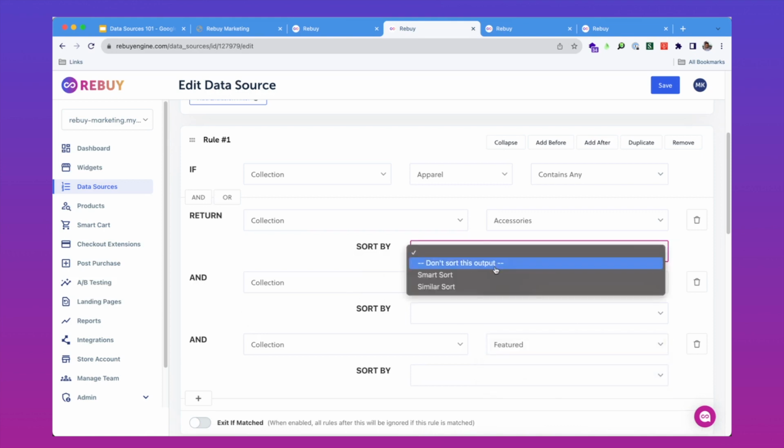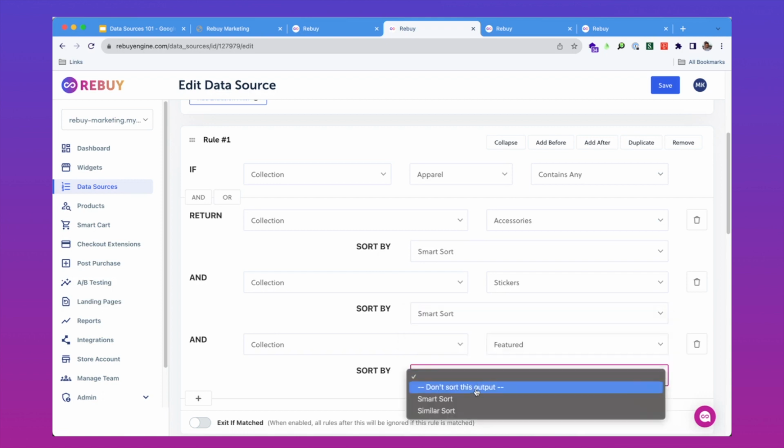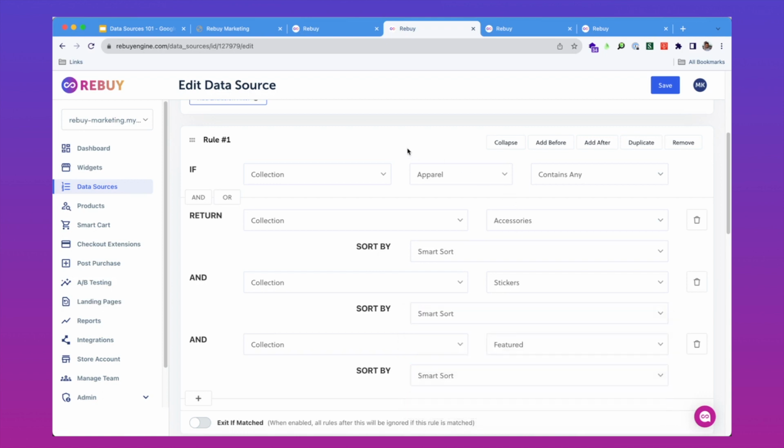What this is going to do, and these are not sorted yet, I could put a smart sort on this. What happens here is we're going to load in this, we're going to match this rule if we're on the apparel collection or a product that falls into the apparel collection. We're going to surface the accessories collection, and then after that, we're going to surface the stickers collection. And then after that, we're going to surface the featured collection. So what I would do if you wanted to surface one product from the accessories collection, one product from the stickers collection, one product from the featured collection, whenever we're on the apparel product,